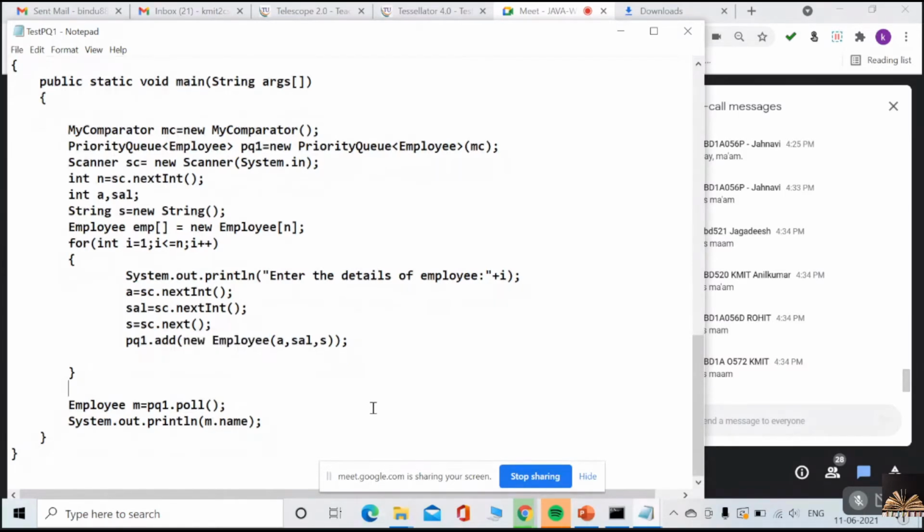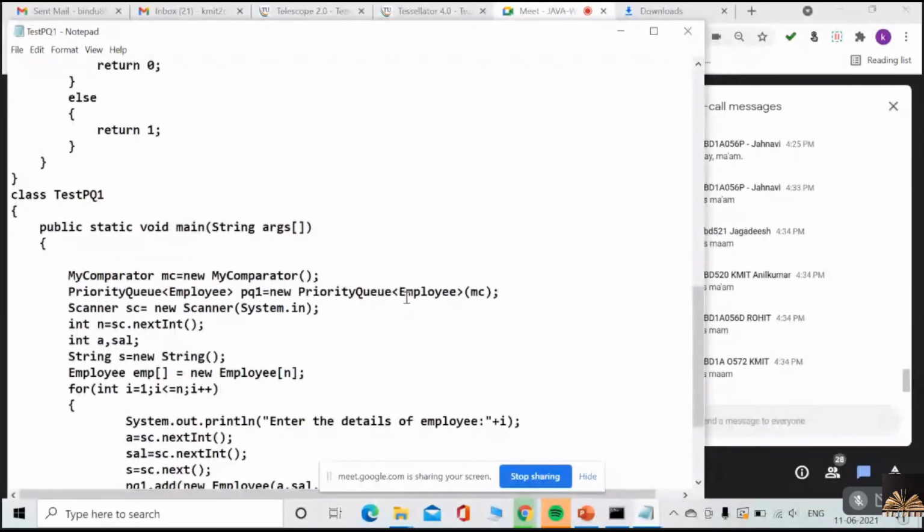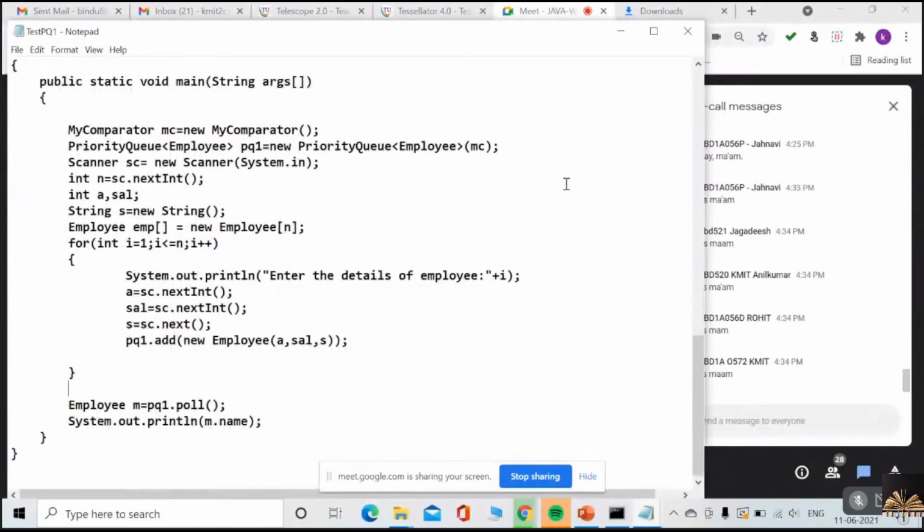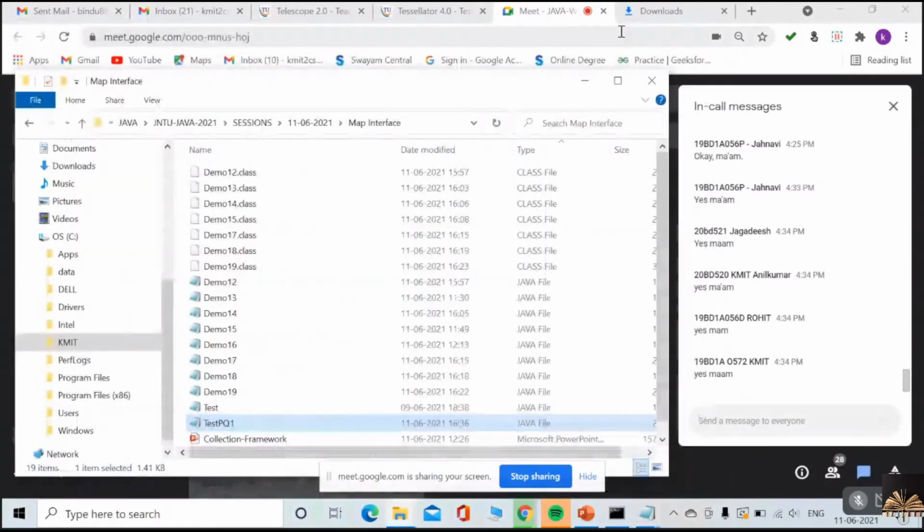Once it is in ascending order, is the lowest salary placed in the first place or last place? Once you prioritize your employee elements based on your comparator, the first element is the lowest salary, because it is ascending order.